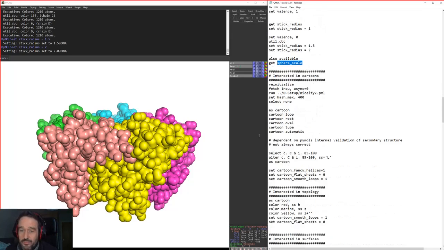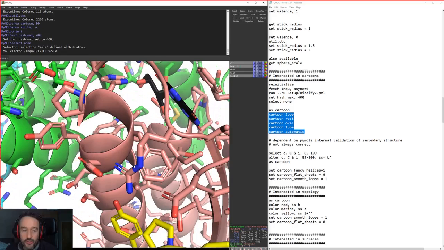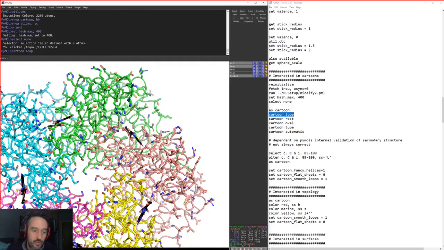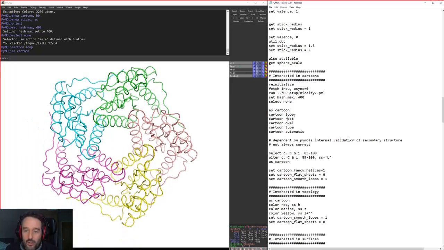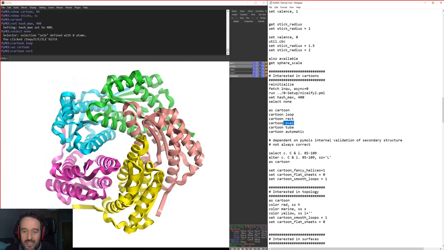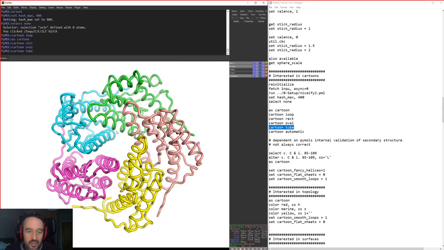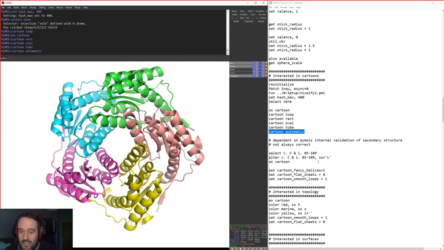A lot of people do prefer the cartoon mode because obviously there's a lot of intrinsic information in the cartoon mode, and of course you've got control over all of the different aspects of how your cartoon looks. For example, you can show your entire cartoon simply as loops. So this is your cartoon as loops. You can then also, if you choose to, show the entire thing as these rectangular views, or the whole thing as alpha helices, or the whole thing as fatter tubes. And of course, if you ever get lost, you can just go back to cartoon automatic.